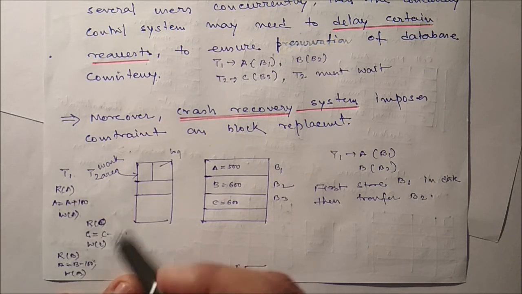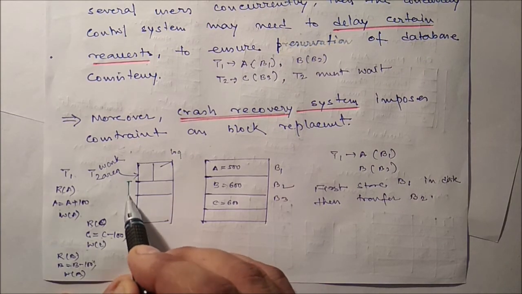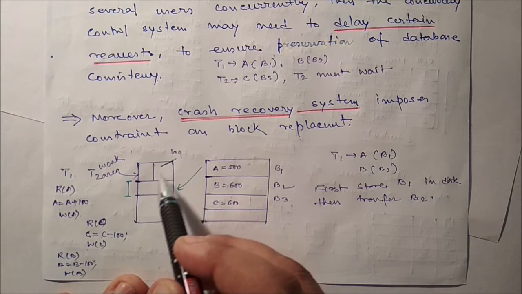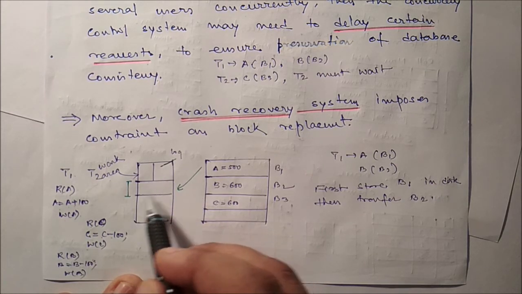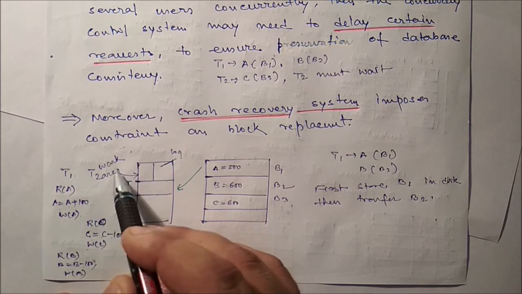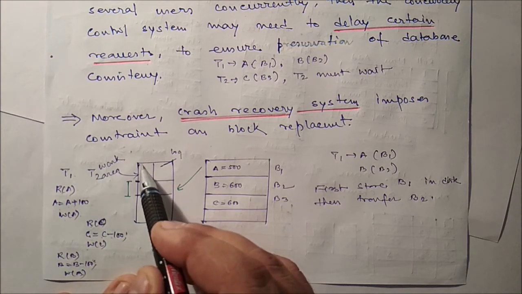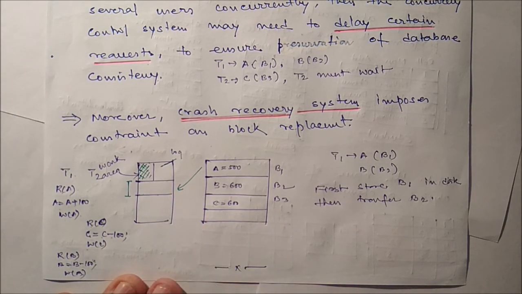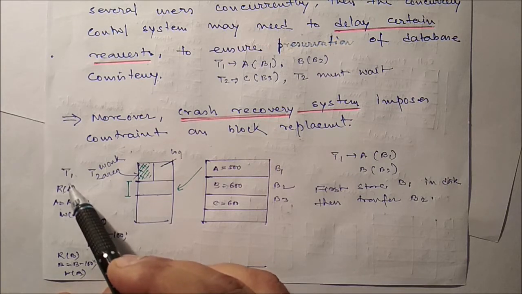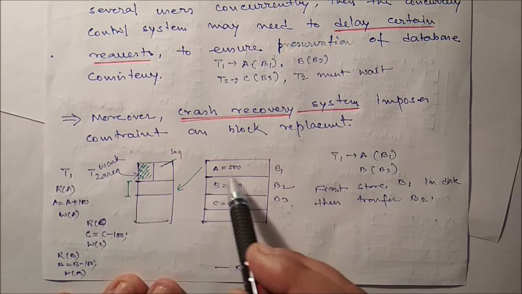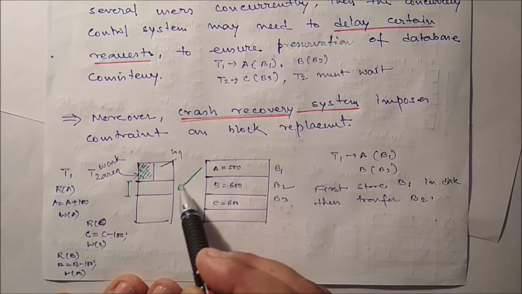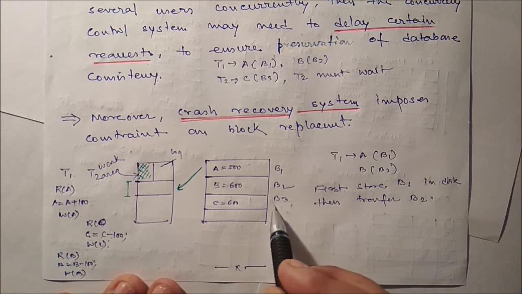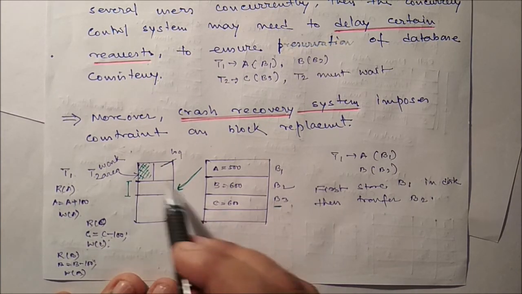Now we can see this is our buffer area where the blocks are, and here two parts are there. The log part is where the database system stores the activity of the database, and the work area is where the transactions are going on, data transfer and data calculation. Now suppose transaction 1 needs variable A, which is present in block B1, so we have to transfer this one. After that, transaction 2 needs variable C, which is present in B3, but the RAM cannot accommodate it.